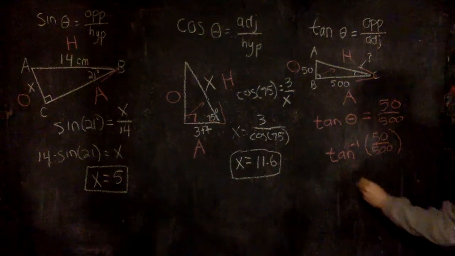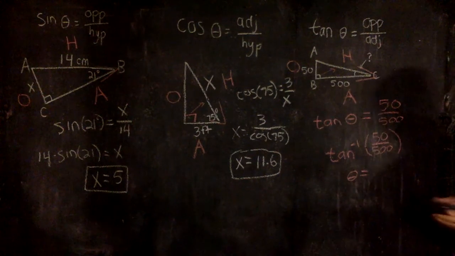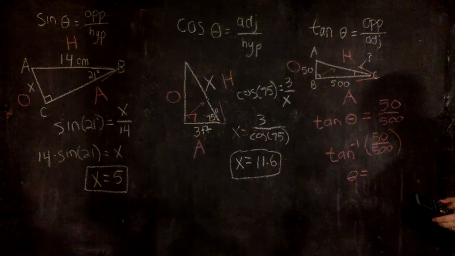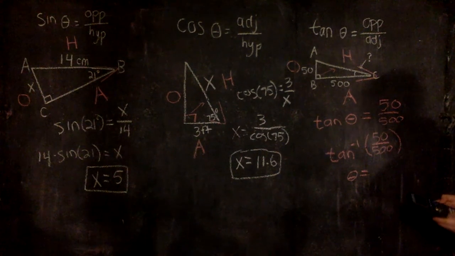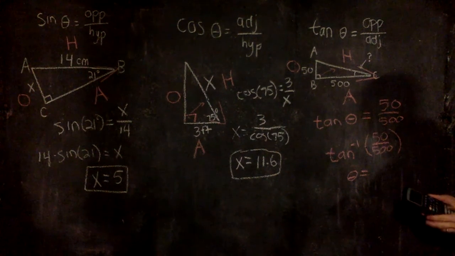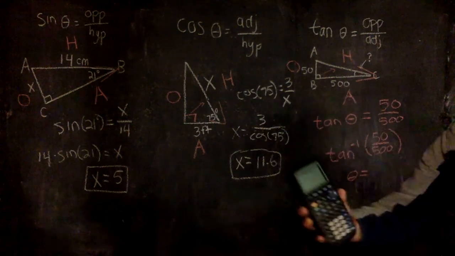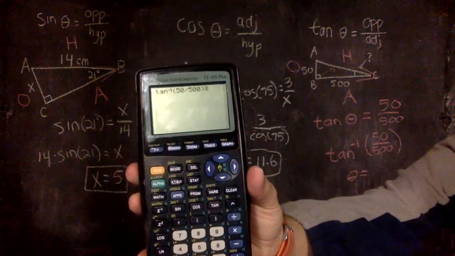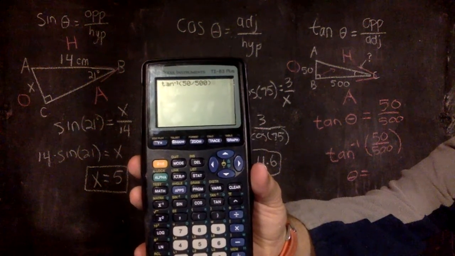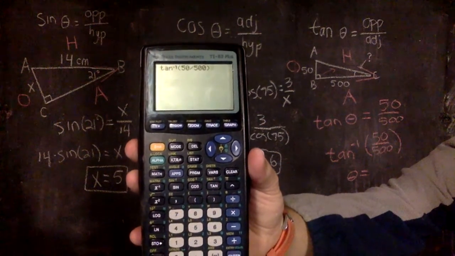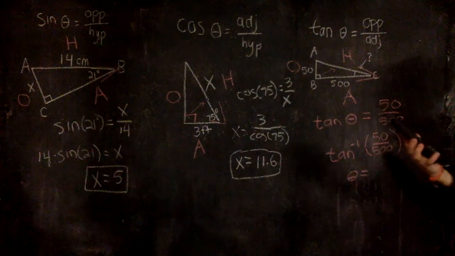So all I have to do on these ones is use my calculator. Second tan. Make sure I'm in the right mode. I am. And then I'll show you what my display looks like. My display is looking like this. See tan to the -1. I did that by hitting the second button first and then hitting the tan. Now when I hit enter on this, it's going to spit out an angle,